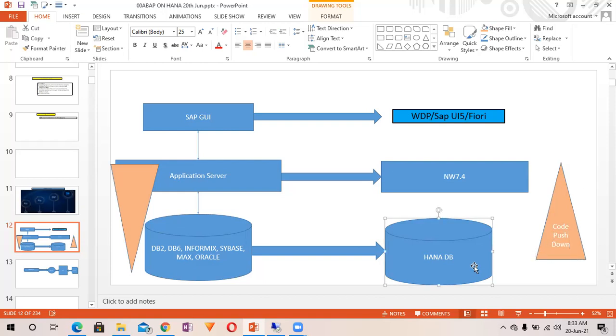Because our HANA is very powerful and it can process faster than the application server in some scenarios, when you have the aggregate function, when you have to decide what kind of data you have to fetch from the HANA DB, right? And if you have to perform that kind of logic at the HANA DB layer itself, this code pushdown technique is very much required.